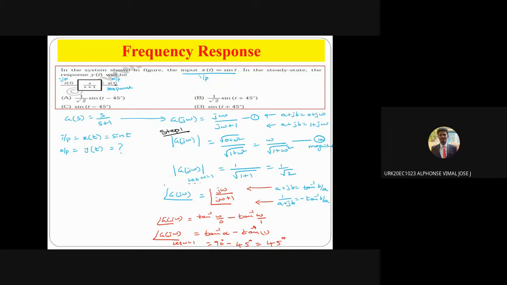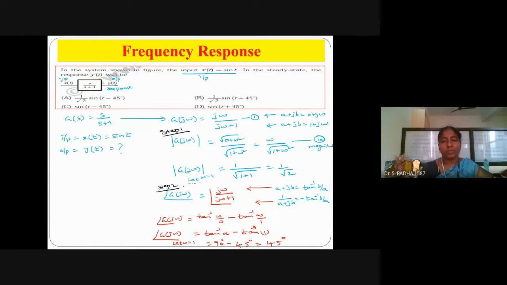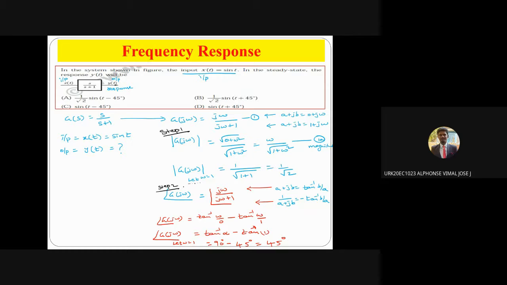This step will not get any other answer. Ma'am, if we took 45 or something, if you take omega equal to some other value, for example 5 and all, okay. Ma'am, if we took 2, we'll be getting root 3 and the answer will be completely different. It won't be 45 degree, ma'am.